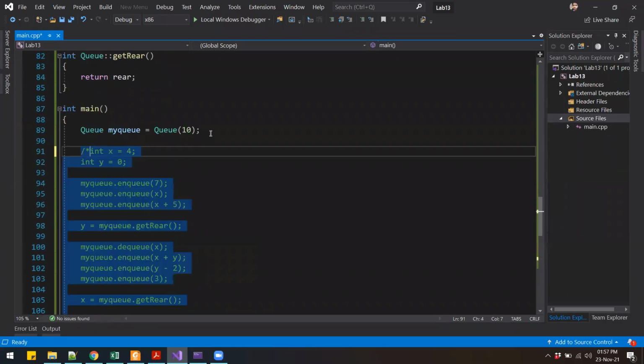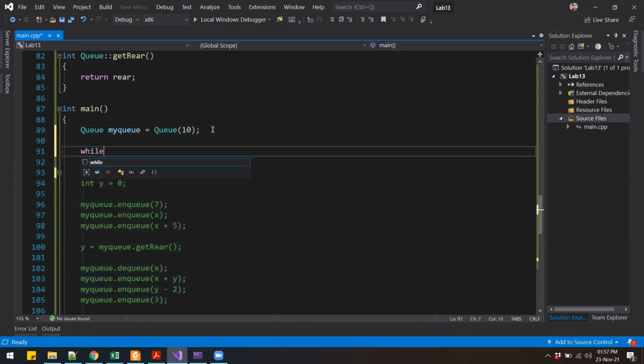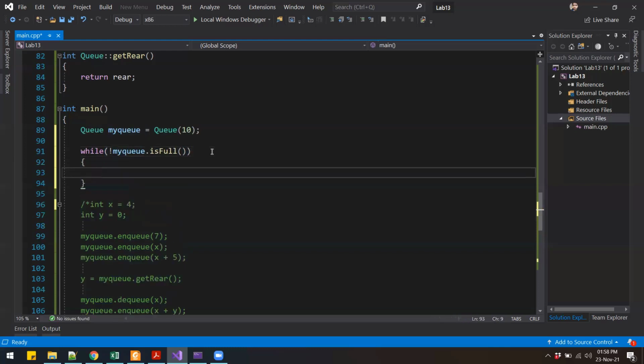Right, so we again have a declaration of the queue, and in here we have to populate the queue from the user input. So we can say while the queue is not full, right? Until the queue becomes full, we will ask the user to input the value into the queue, right?